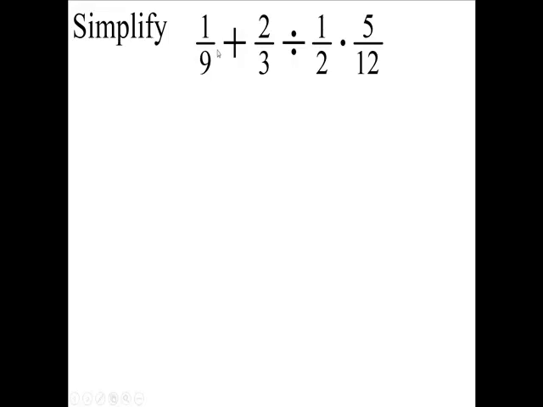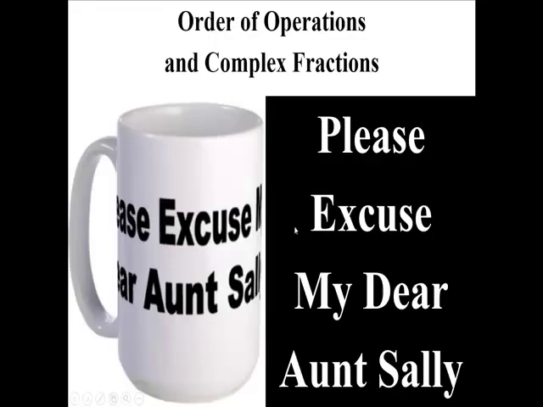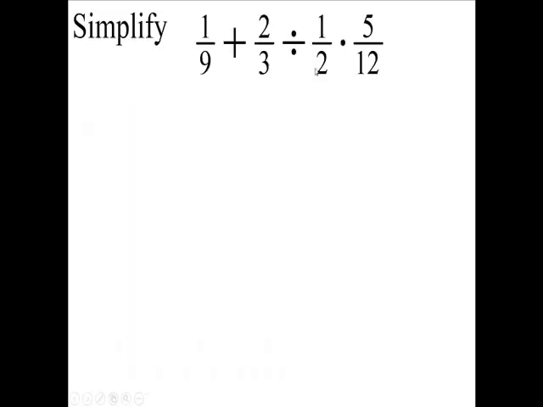Let's get an example. Okay, we have an addition, a division, and a multiplication. So addition comes last. So I have a choice now of dividing or multiplying. And this didn't tell me because this is on the same level. So we go from left to right. So we take care of division first. All right, addition is last, and then we're going to have 2/3, going to keep, and then we're going to